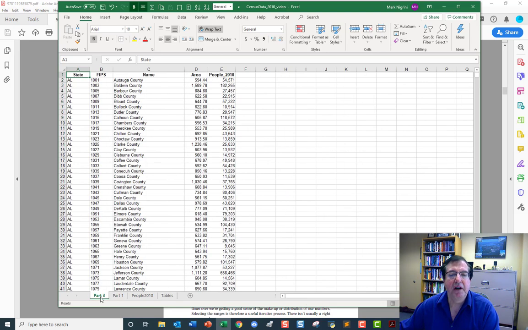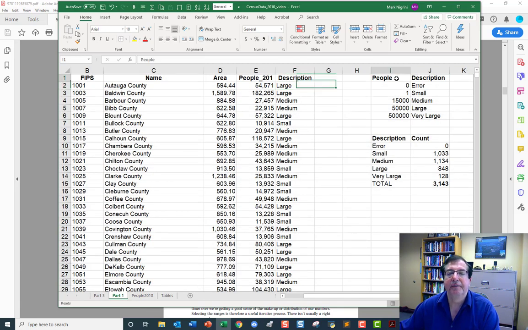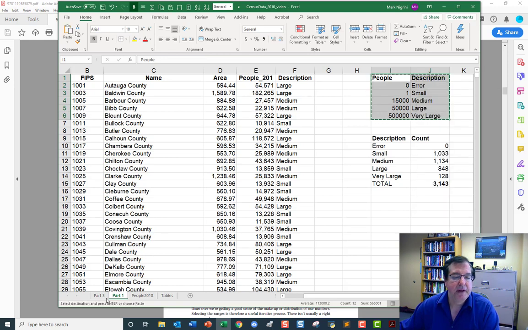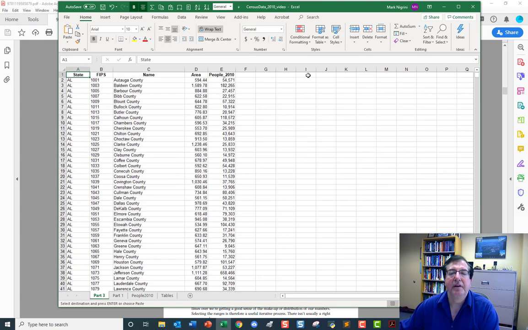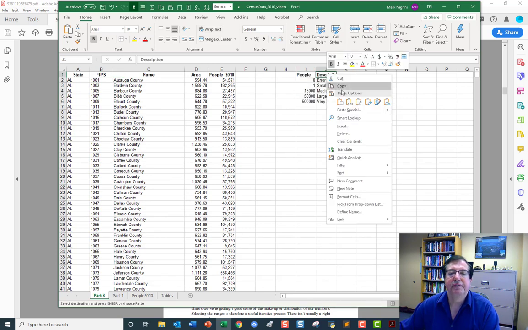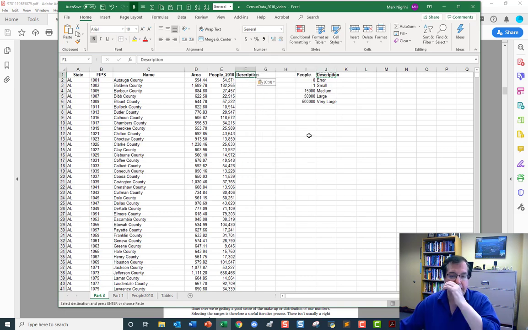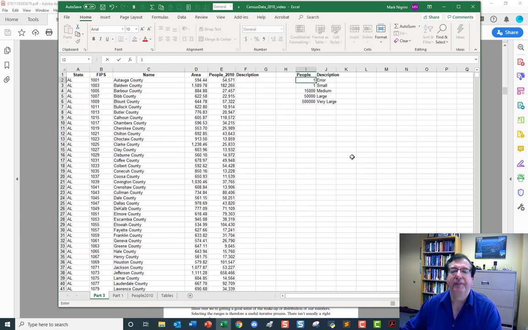I'm going to go part 3, and once again I'm going to use VLOOKUP. You know, we might as well just change this a little bit here. We'll go copy part 3, paste, and we're going to take description over here. And what we're going to do now is we are going to do the bottom of the range, starting with 1 people. That is going to be strata